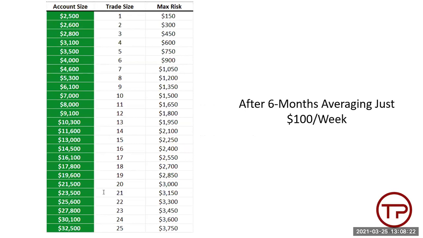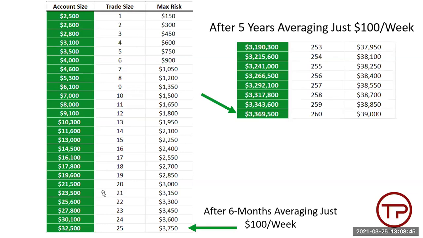You can also be a little bit more conservative, or maybe a little bit more aggressive, depending on what it is that you're doing. And as long as you understand the compounding approach, and after 6 months, if you can get to where you're averaging $100 a week, you're talking about growing an account all the way to 32,000 in just 6 months. So that is certainly something that is a potential once you really start to understand what you're doing and get into a rhythm and being consistent with how you're doing it. And this is the same compounding table that grows the account to almost 3.4 million if you are able to average $100 a week over the next 5 years.